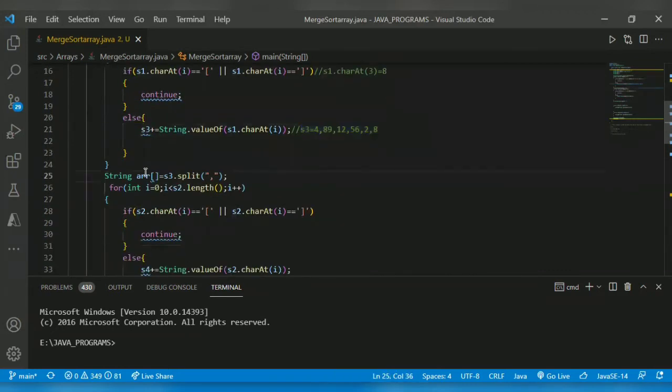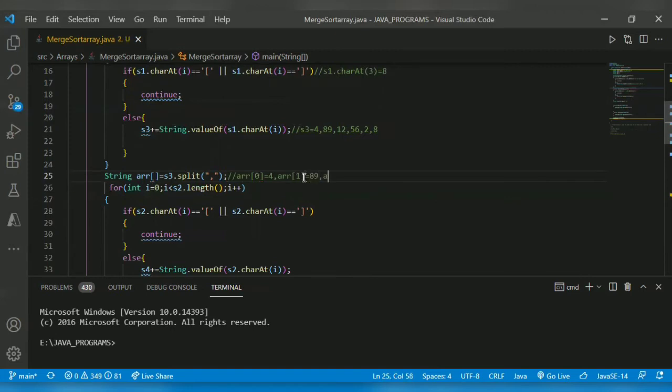After that, we declare an array using the split method, which will separate the string using comma. So it will store arr of 0 equal to 4. Arr of 1 equal to 89.